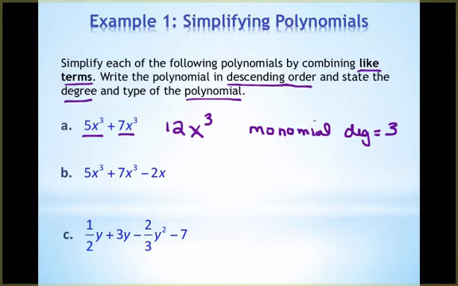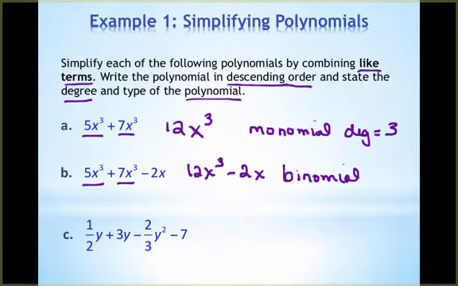In the second example, we've got a 5x cubed and a 7x cubed. So that's going to give me 12x cubed minus 2x. Since there are two terms, this is a binomial, and its degree would be 3 because that's the highest degree